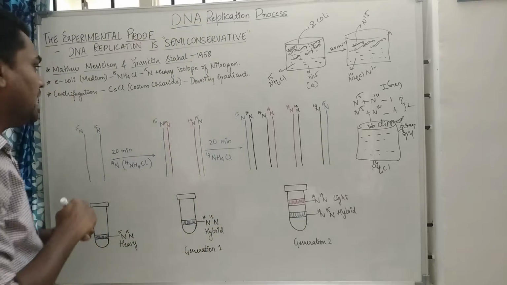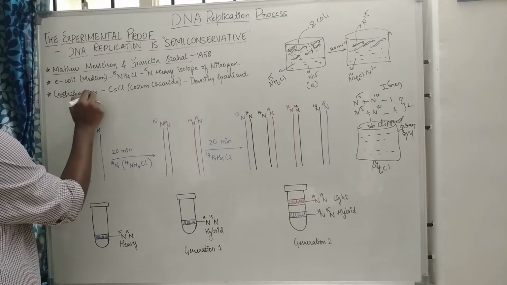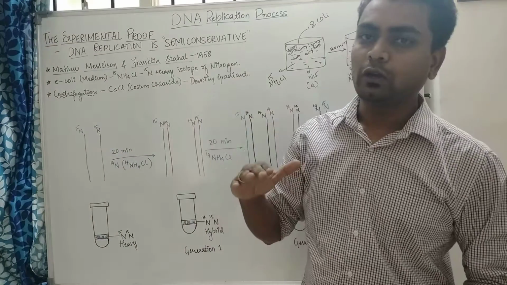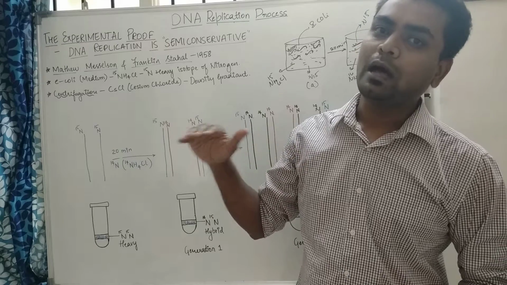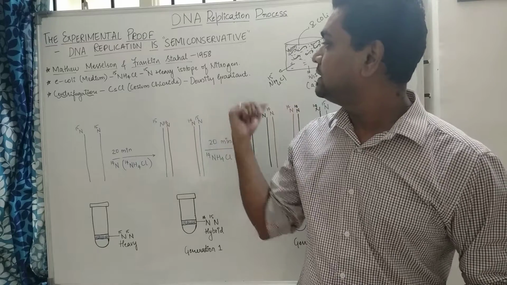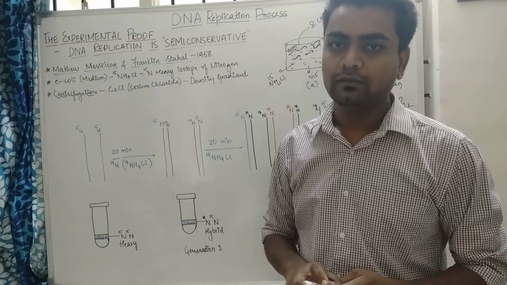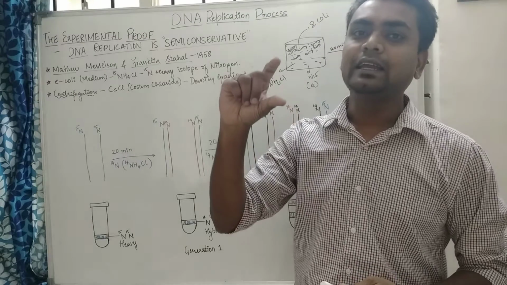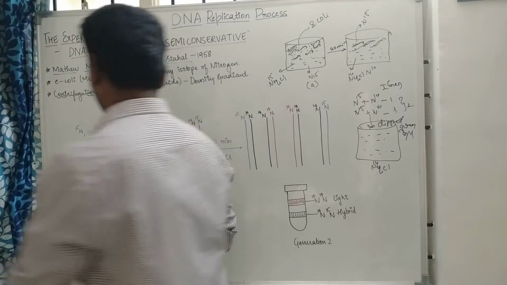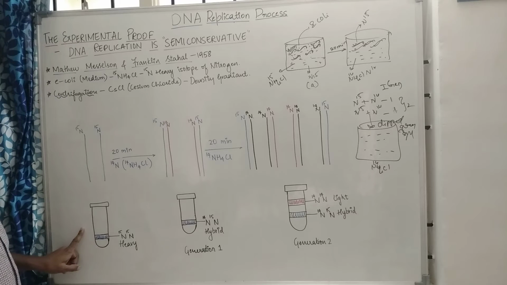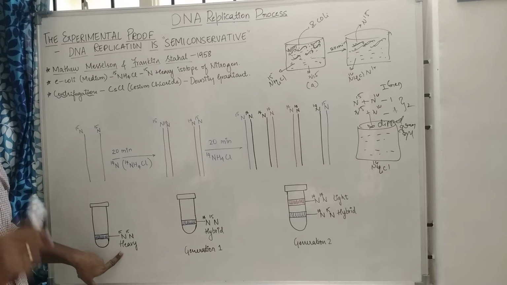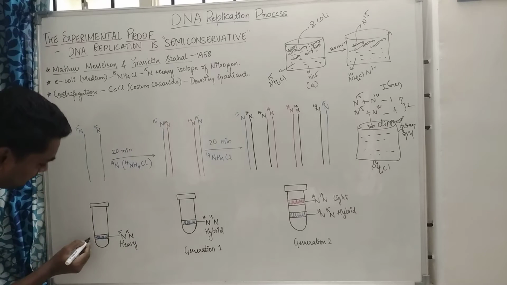Now the thing is, they used the centrifugation method using cesium chloride density gradient. It will rotate and make the heavy molecules go down, and the lighter ones float upside. Like centrifugal motion using a density gradient with the help of cesium chloride solution, it clearly indicates which is heavier and which is lighter. Now see here, they took N15 and did the density gradient, which is nothing but centrifugation, where the heavy isotope settled at the bottom.